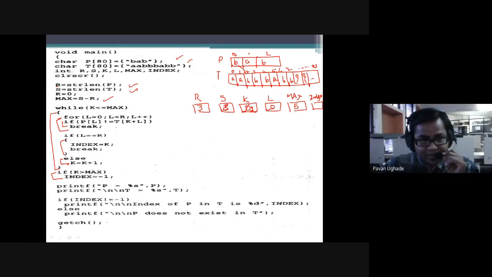It will start executing from here only. It has not broken the complete loop. It will start executing, saying that now you are going to compare L and R. No, and simply you are coming out and say K equals K plus 1, which would become 3. But sorry, I made one mistake. Okay, let it be 2.